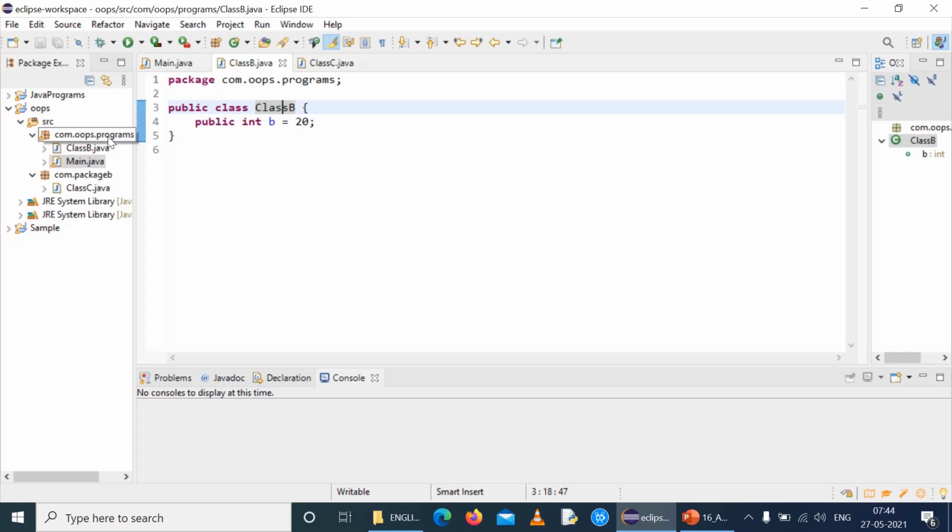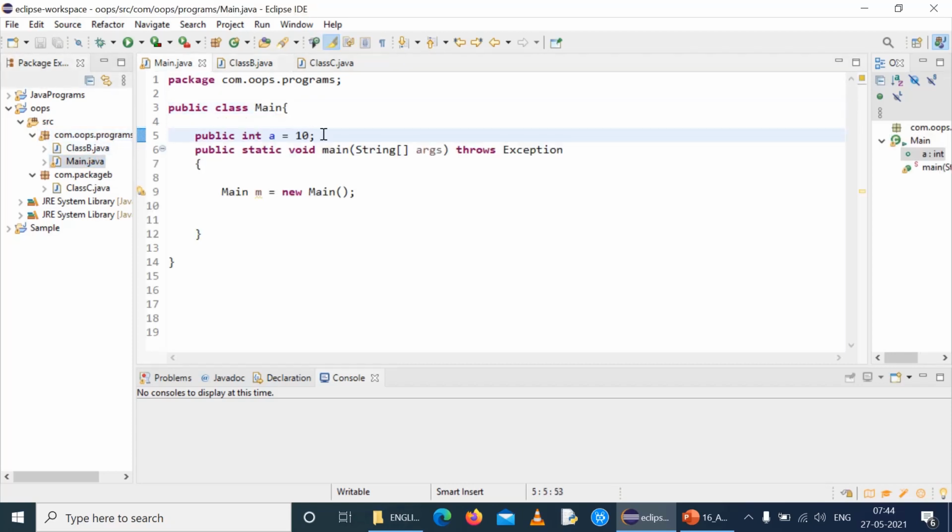We will try accessing a public variable from within a class, a public variable from outside the class but within the same package, and outside the package itself. So integer a will be present within the class. We will try to access this integer variable, public int a.